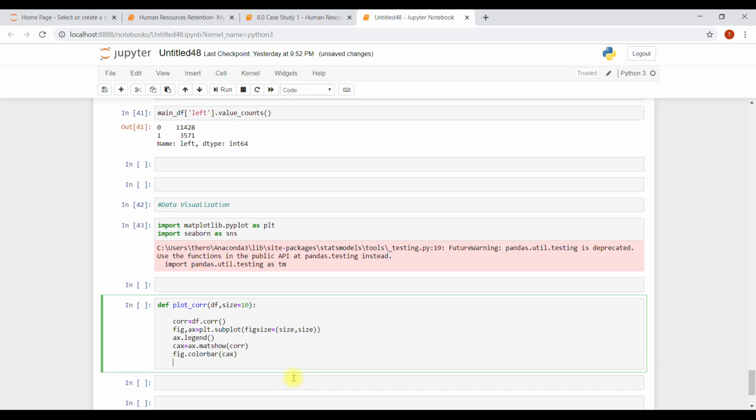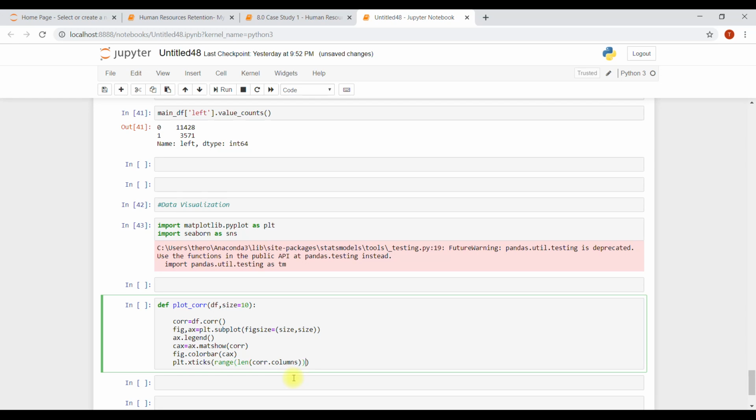Okay, and in the x-axis it's going to be plt.xticks. If you just know the basics of matplotlib, then you can make it: length of the code dot columns. Columns,